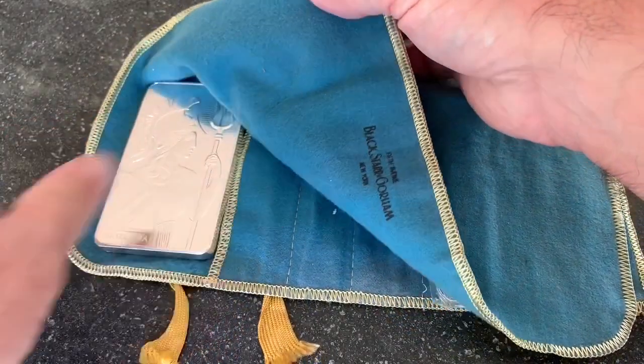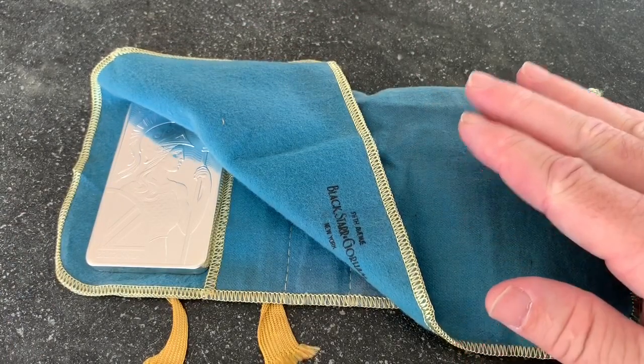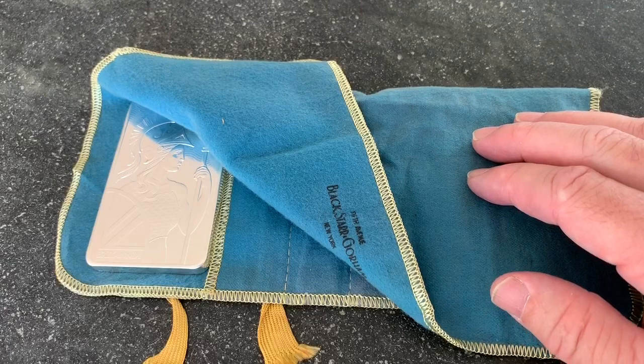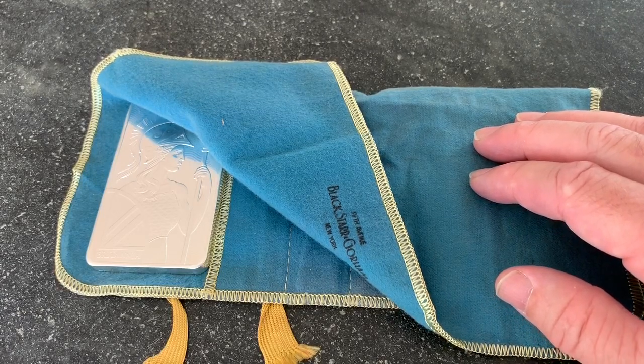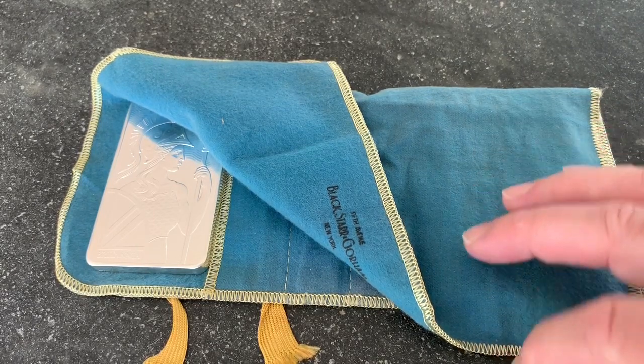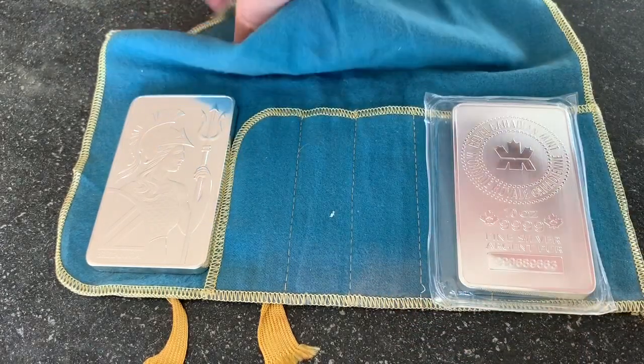So my second one, I've been thinking about this for a while. It's not super easy to find. Not a lot of bullion dealers carry it. I mean, it's not impossible to find, but I think it's not in every place. And frankly, I think the 10-ounce bars have been a little harder to find recently, and we'll talk about that in a little bit. So my second bar is this,